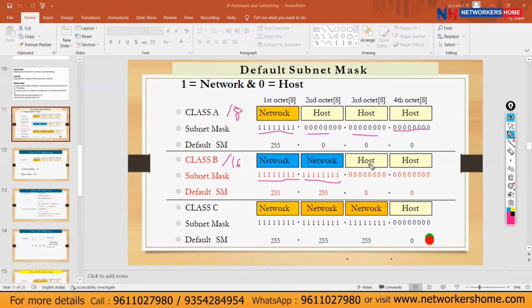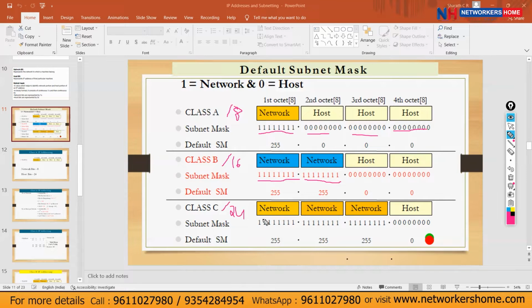The last two octets are host bits, which means the first two octets remain the same. The last two octets can vary. So when you convert the subnet mask to decimal, 255.255.0.0. Okay. Class C has a /24 value.